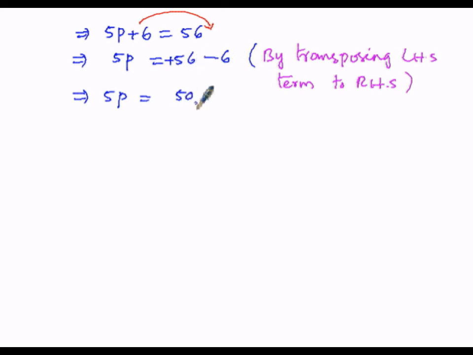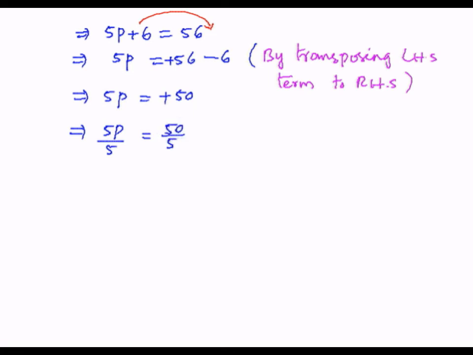But to assess the sign of 50, among 56 and 6, 56 is greater and its sign is positive, so the sign is positive. As the last rule, we have to make the variable's coefficient 1, but in our problem the variable p has coefficient 5. To make p's coefficient 1, we divide both sides by its coefficient itself, that is 5. So 5p must be divided by 5, and at the same time the right hand side must also be divided by the same 5.